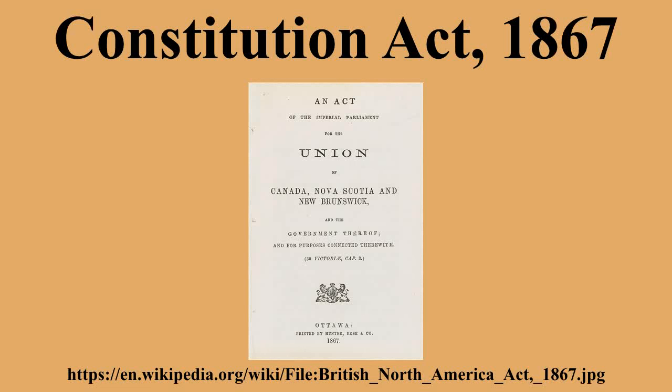Senate. At the time of the Union, there were 72 senators, equally divided between 3 regions: Ontario, Quebec, and the Maritime Provinces. Section 23 lays out the qualifications to become a senator. Senators are appointed by the Governor-General under Section 24, and the first group of senators was proclaimed under Section 25.